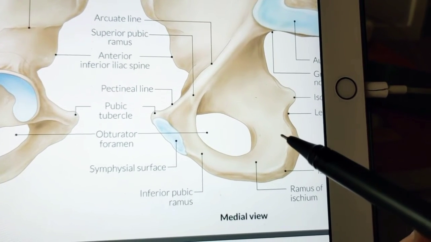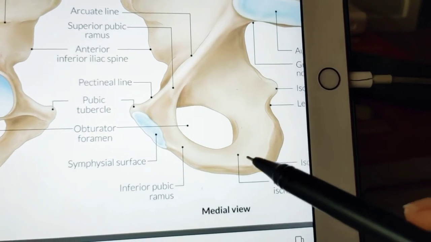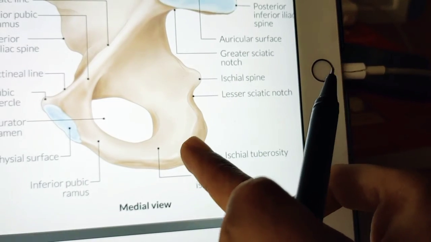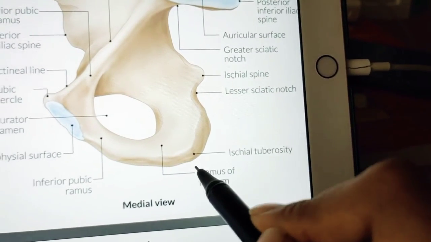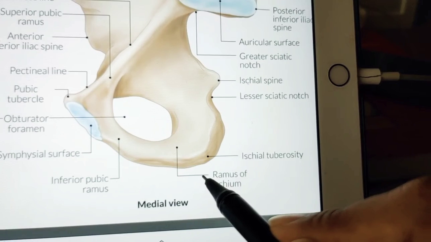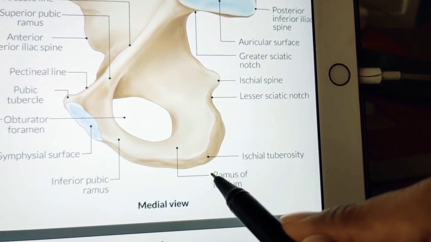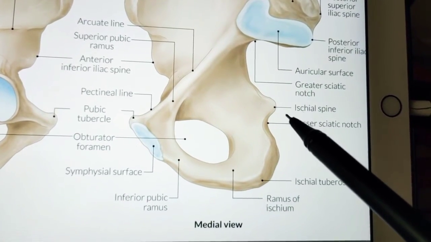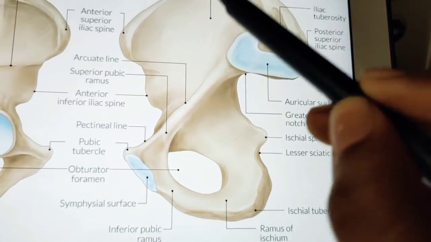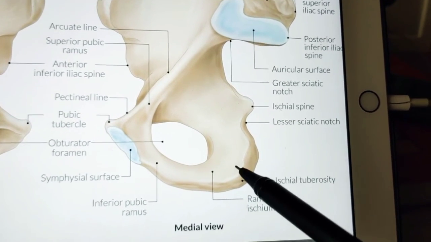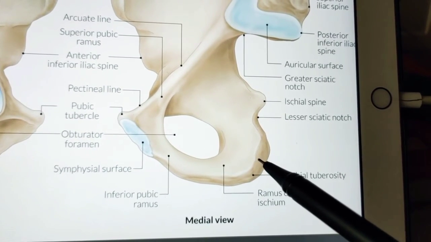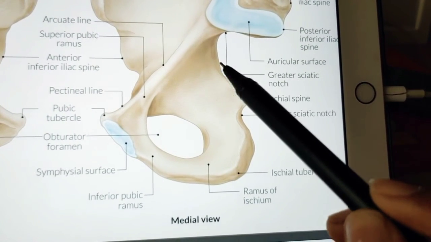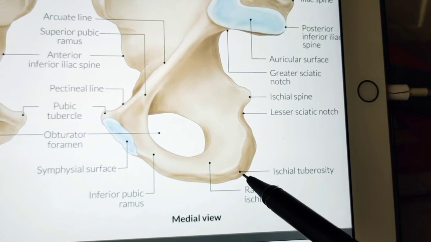Next, below, it ends at the upper end of the ischial tuberosity. So below this you will have the ischial tuberosity of the posterior border. See, below the posterior border you have the ischial tuberosity, right? It forms a part of the lower border of ilium. Yeah, it forms a part of the lower border of ilium. Of course, this is the lower border of ilium, right? This is the upper part, so this is the lower border of ilium. And it also forms a part of the lower border of the greater sciatic notch. So this is the greater sciatic notch, so its lower border is also over here, right?